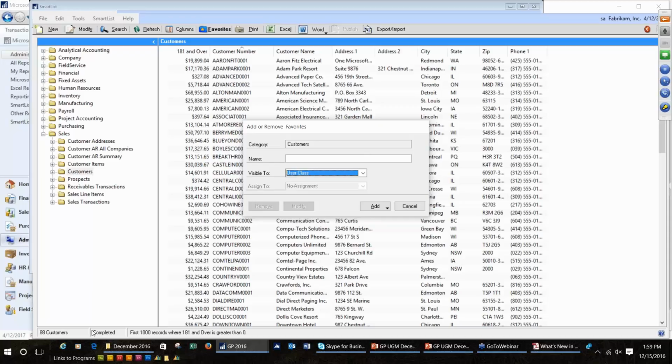So user classes become a great way that I can say, okay, I'm trying to manage my department. I'm trying to get my users in the mindset of the things that they need to watch and govern, and I'm going to save it to my user class at that point. And the idea is that you would have people within each one of the classes that would potentially set this up, or if you have one individual who's lucky enough to manage this type of thing, you could have them change their user class and then go in and set one up and then save it and so on and so forth. But the idea is on our user setup,